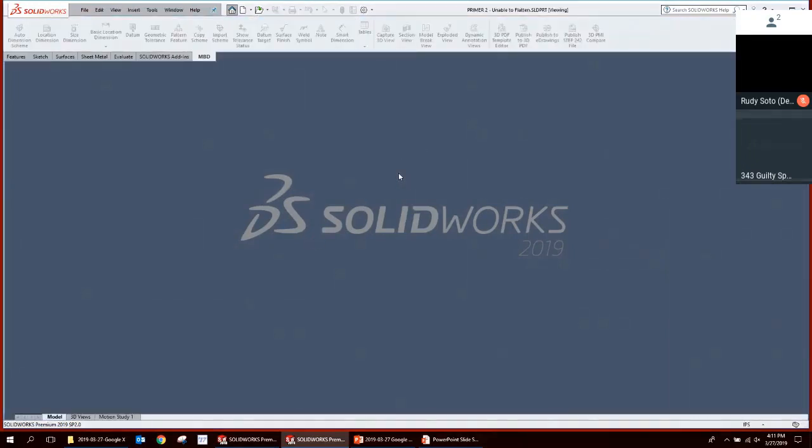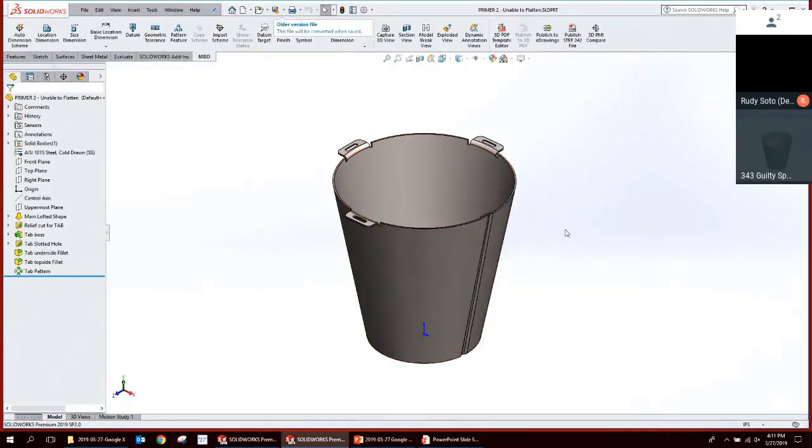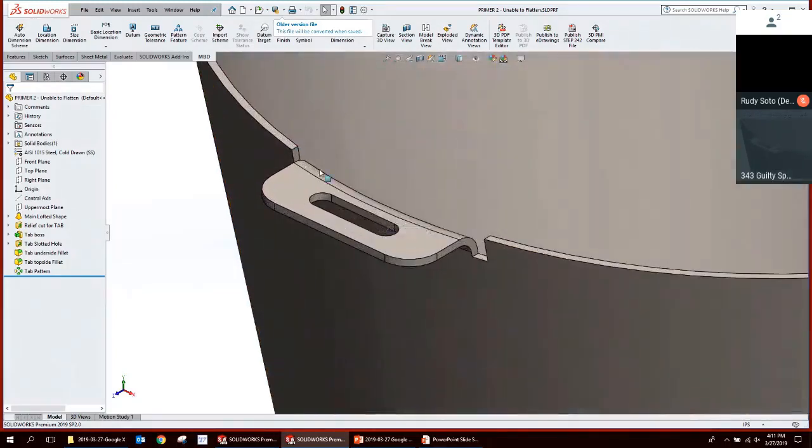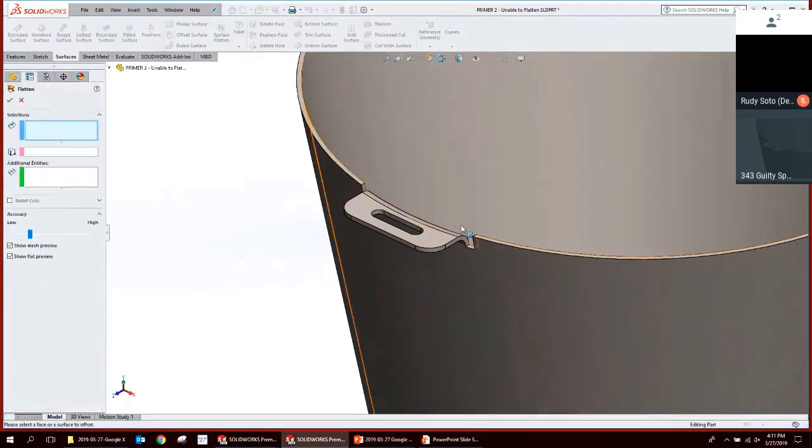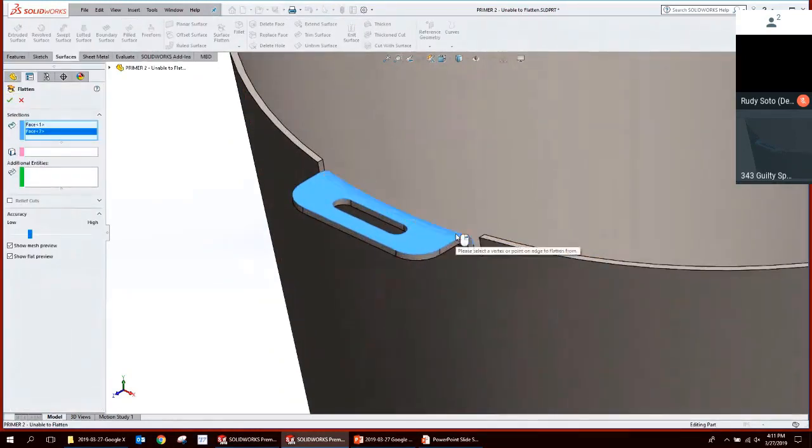This model here actually came around due to tech support, and it's a sheet metal flattening challenge. Basically, the customer said, "I know we can make this. We're making it today out on the shop floor, but I can't flatten it in sheet metal because I have this bend on a bend here." So with the surface flatten command, you go to your surfacing toolbar, you choose surface flatten, you choose the faces that you need to flatten, and then you choose the location where you want to hold the surface. I'm just going to say I want to hold the surface here on this point.